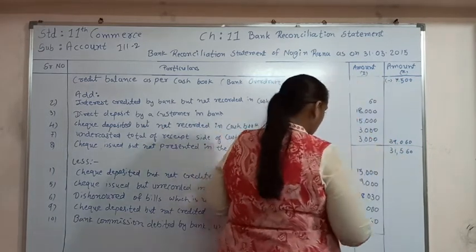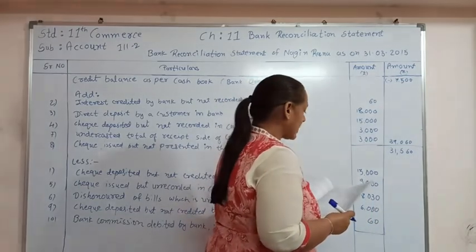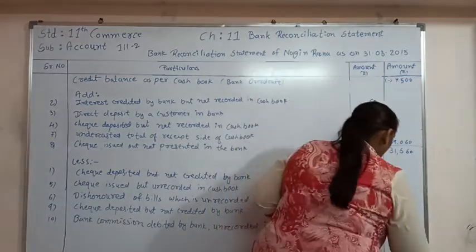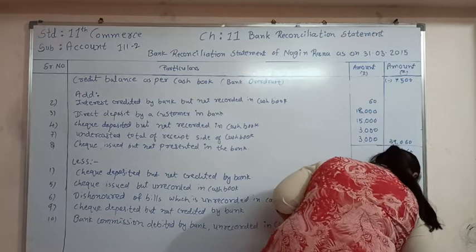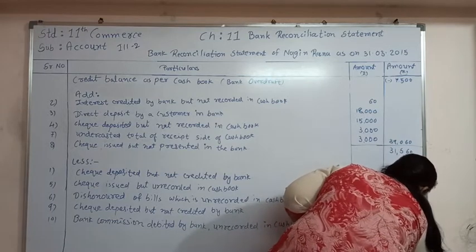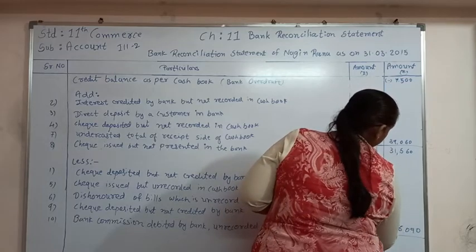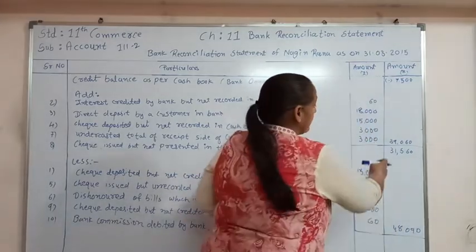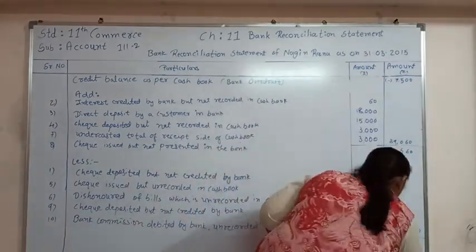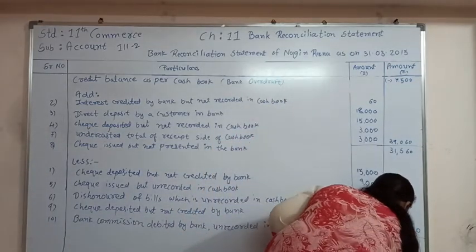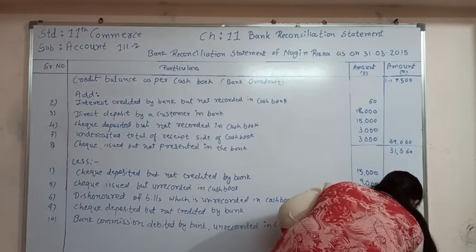And let's make the total of this: 15,000, 9,000, 18,000, 30, 6,000 and 60. So the total will be 48,090. So here if we deduct 48,090 from 31,560, the amount will be negative 16,530. So this is our